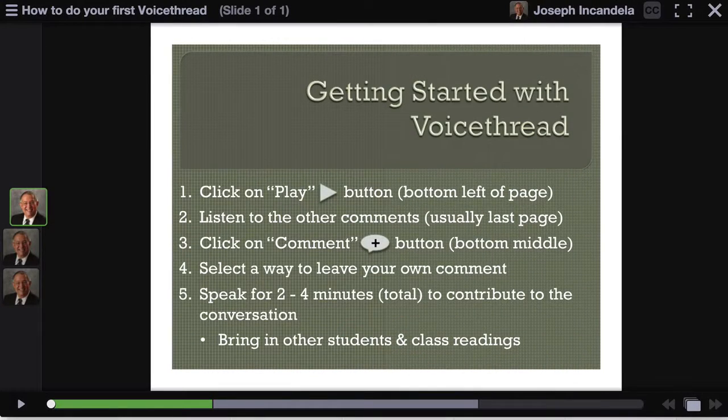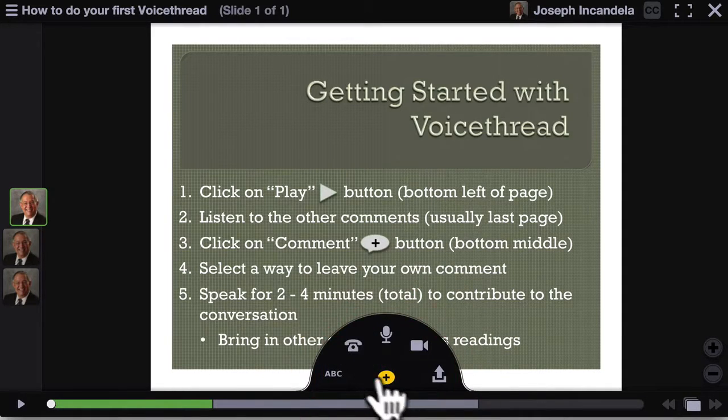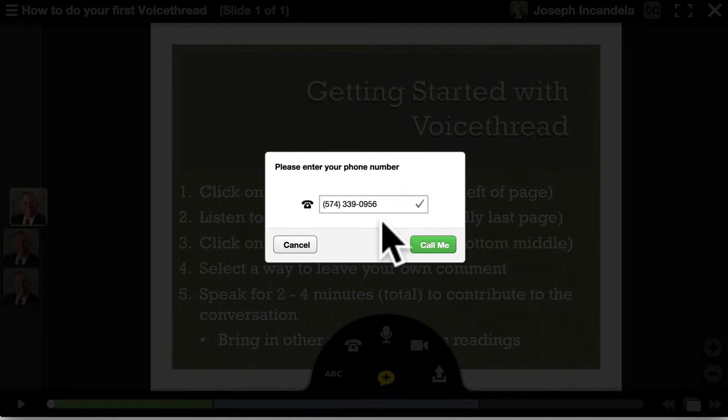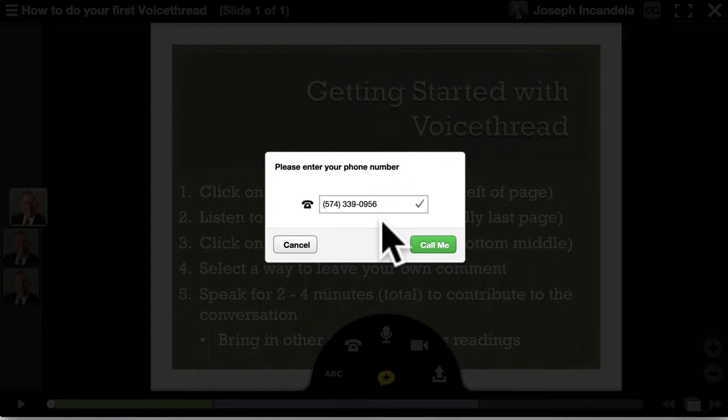So the last option is that VoiceThread could actually give you a phone call, and you can record your comment over the phone. So click on the phone, that's my number, don't spread it around. If I click on call me,